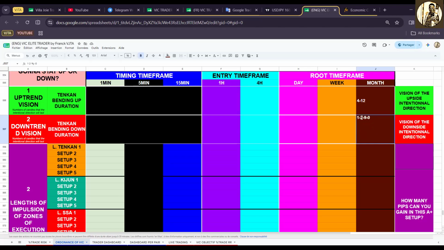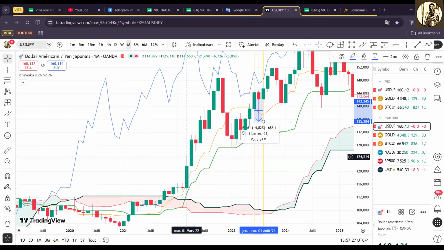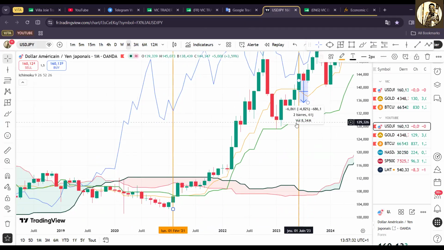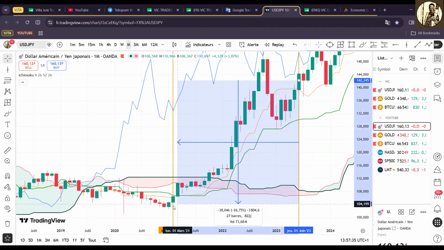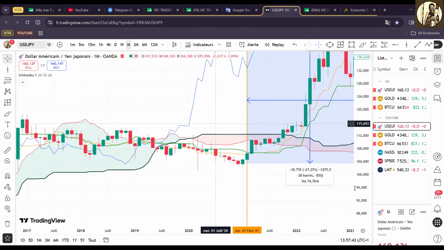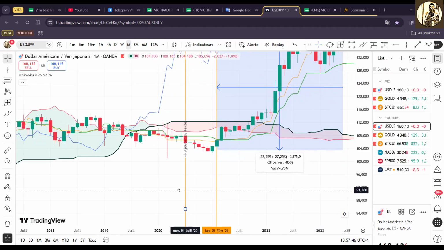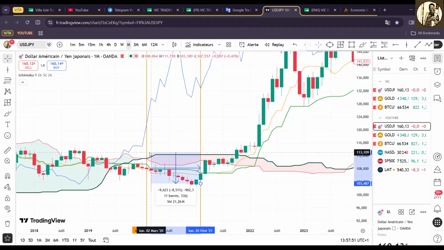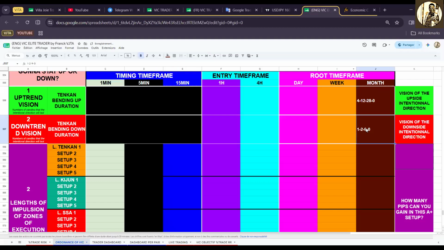So I'm going to write 1, 2, 9, 0 for this, to not disturb me. I'll write here 4, 12, 0, 0. Then for the uptrend, this uptrend started from this candle. So I have 28 bars, so I'll write 28 here. Then this other downtrend started from this point, and it is literally 12 bars. I'll write 12 here.